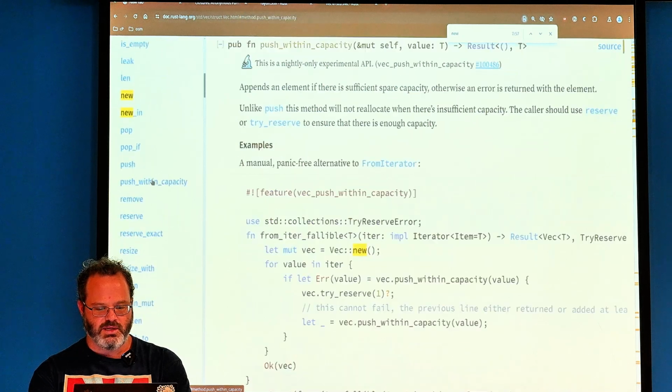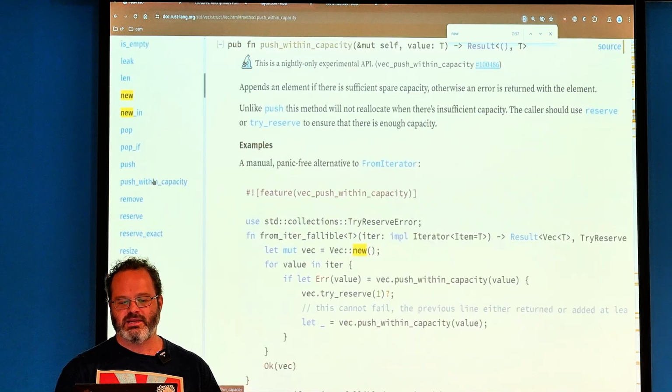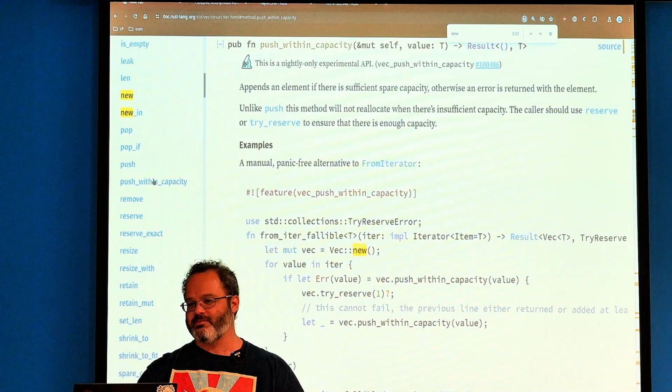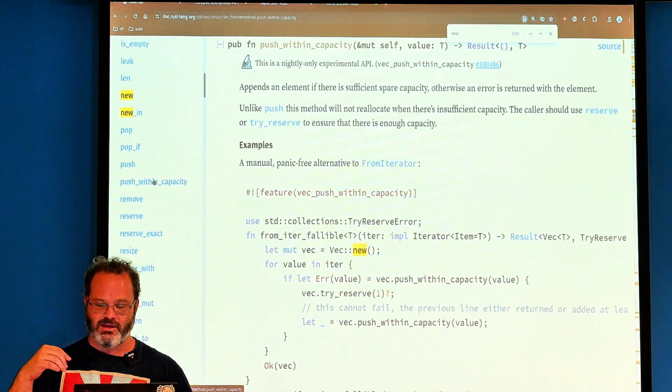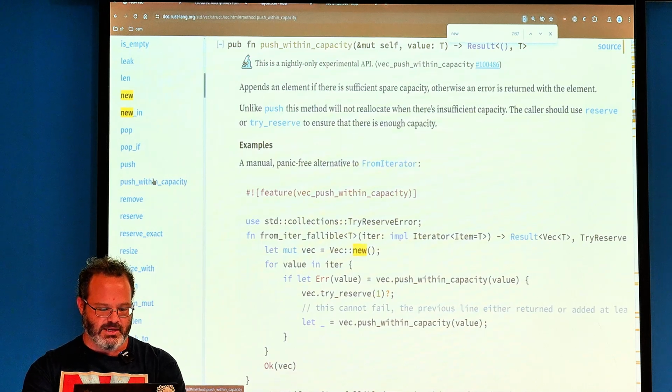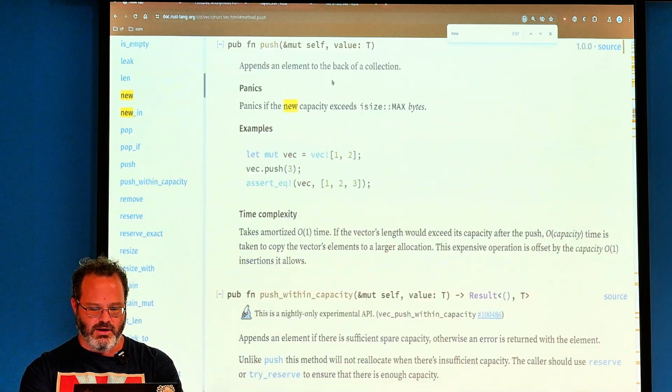Oh, here, look, push within capacity. I didn't even know this exists. Appends an element if there is sufficient space capacity. So this will stop it from happening, the ability for it to resize. Otherwise, I bet here,